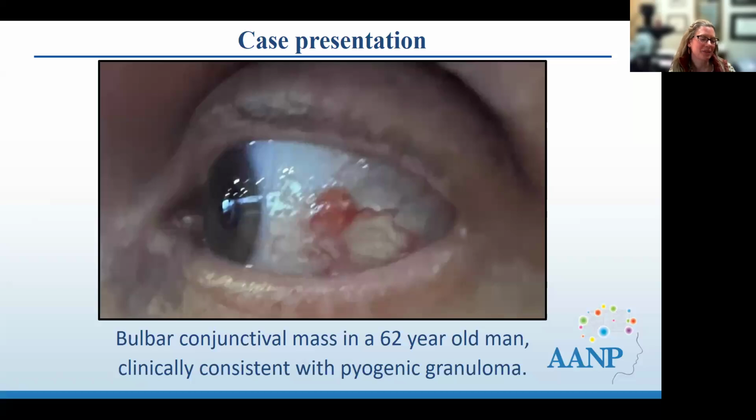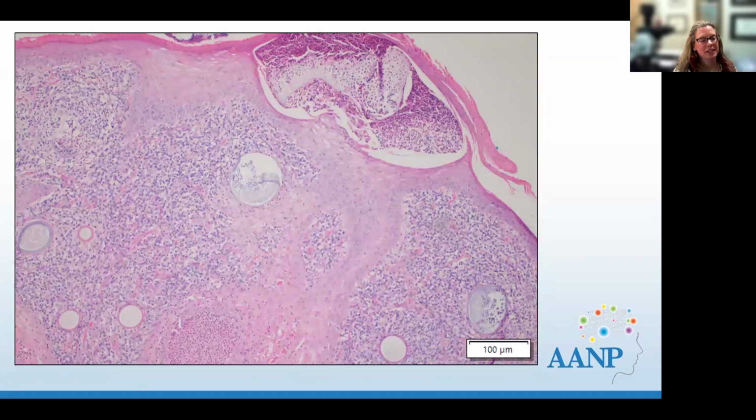All right, this is a fun one. I presented this one at our last meeting as a poster, if anyone came by and saw it. So they thought this was a pyogenic granuloma. You can see here's the eye and this projecting red vascular bump. And this patient just came in and this was a new growth. He was 62. And so immediately when we saw this on the slide, we knew that this was not a